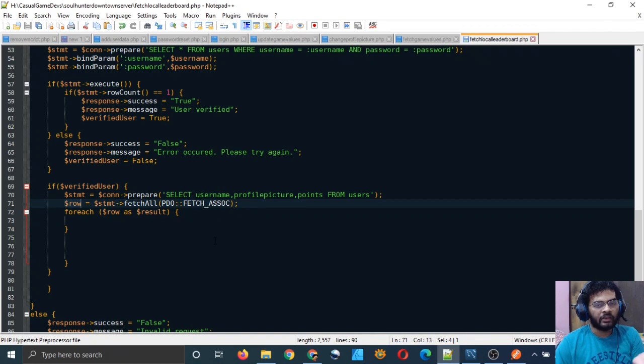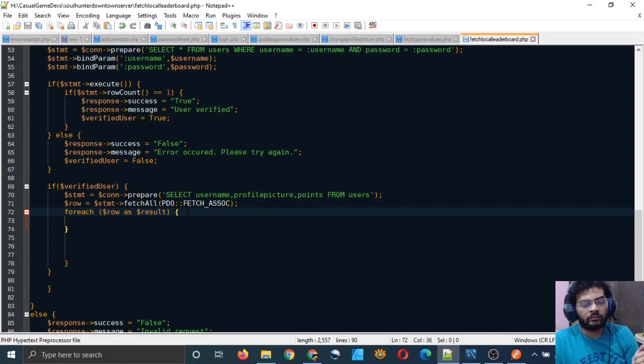It is a multi-dimensional array now, and then I am iterating over this array, and in every iteration I will be accessing the result variable. The result variable will have one row at a time in each iteration, right?